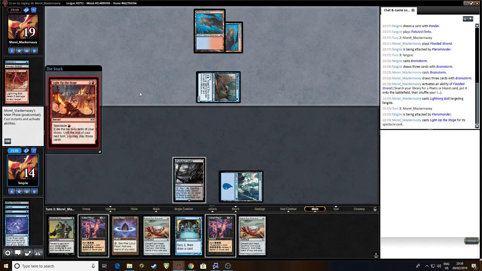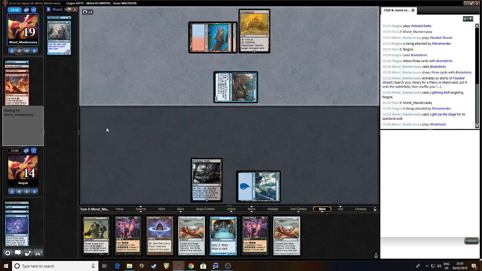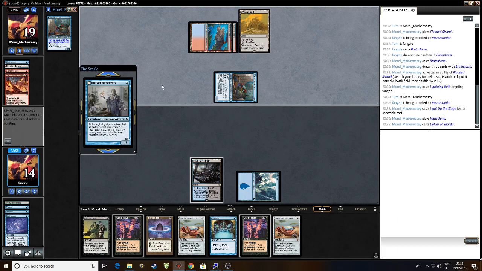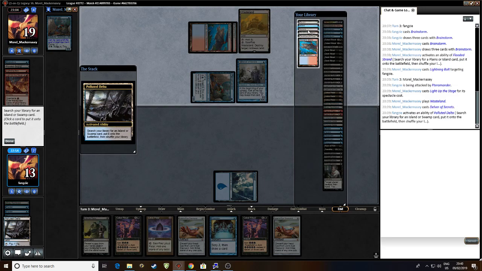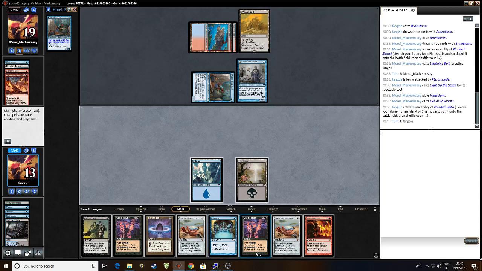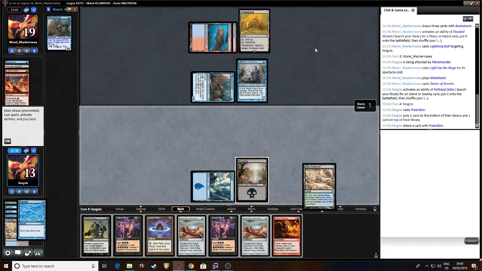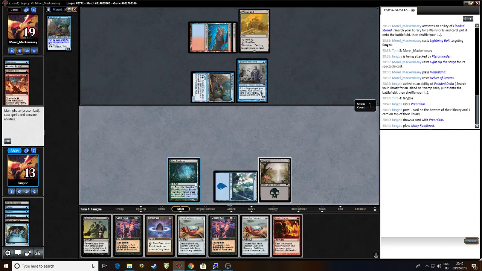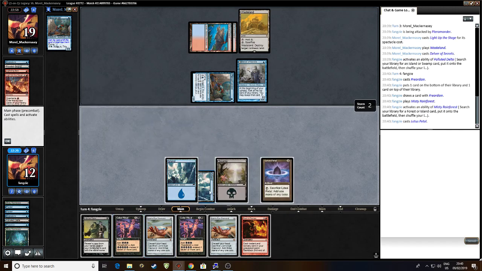Okay, so we're playing against Blue-Red Delver, with 4 cards in hand as well. So I think what we want to do here is fetch an Island, play a Lotus Petal, and cast a Cabal Ritual. If they force it...